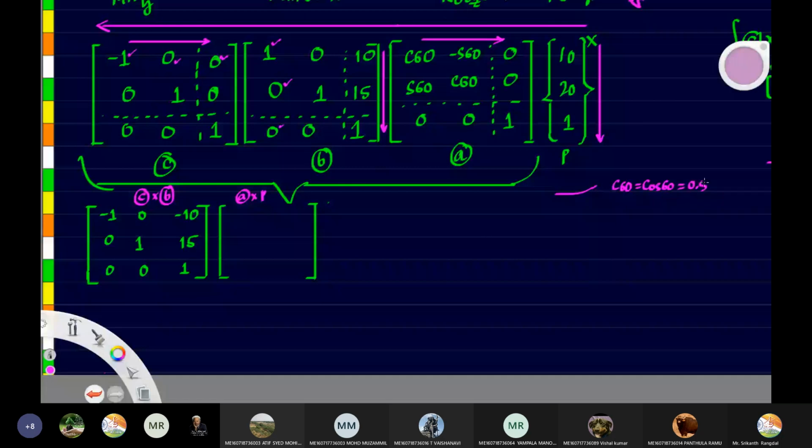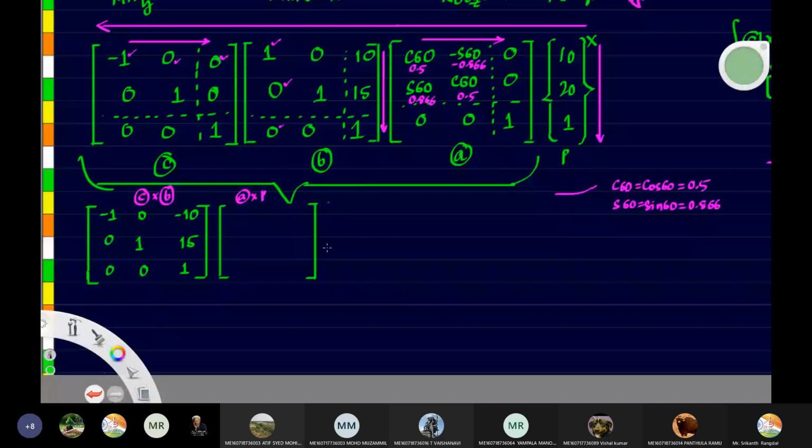Okay. And what is S60? S60 is nothing but sine 60. Sine 60 we get 0.866, isn't it? So these values we have to substitute here and we'll have to solve it. So C60 means 0.5. Now S60 is 0.866. Here it is minus S60, so minus 0.866, and here 0.5. Okay, because the space here is less and we have to solve within this part, hence I'm writing there itself. You can extend it to one more step.